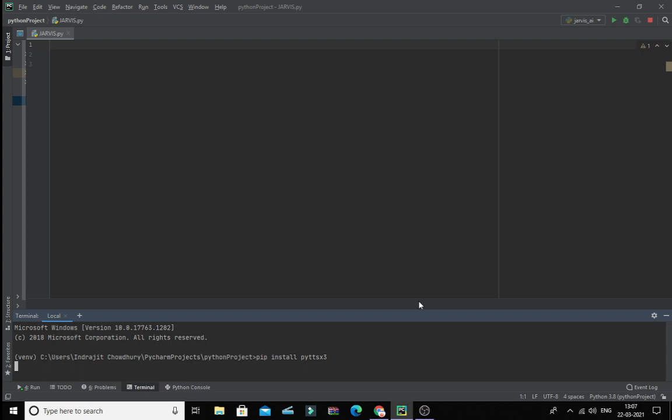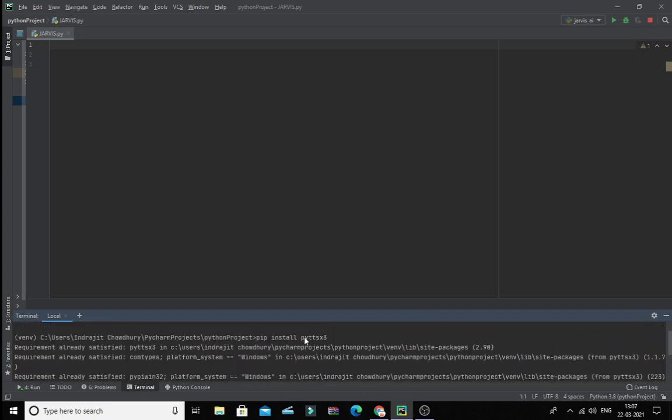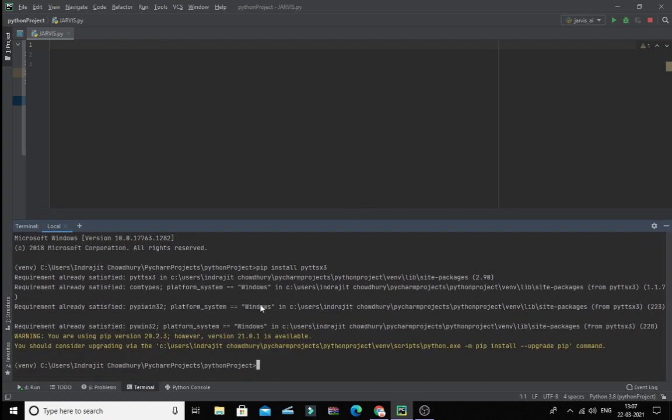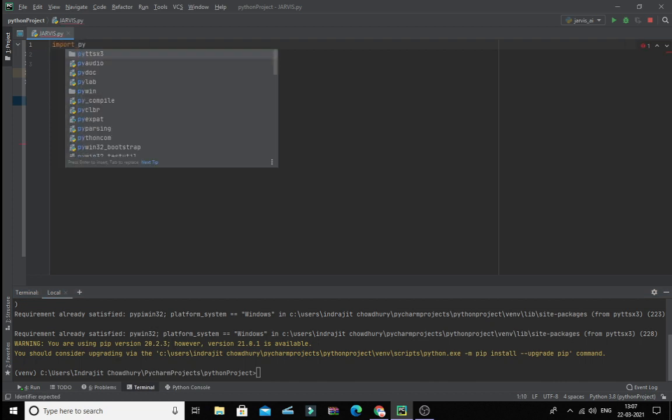It will show me a message that the requirement is already satisfied, which means this package is already there in my Python directory. In your case, if it is not installed, it will show that it was successfully installed. After installing the package, I will import it by typing import pyttsx3.